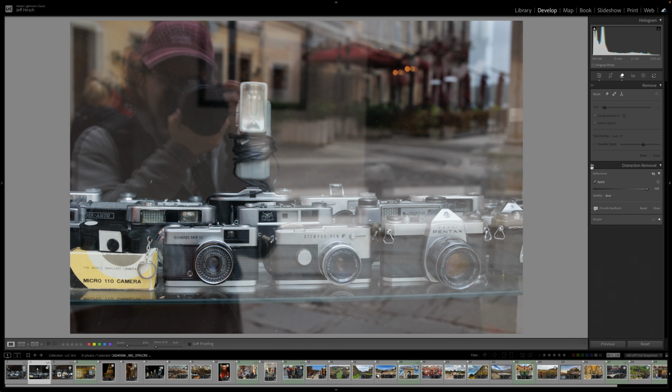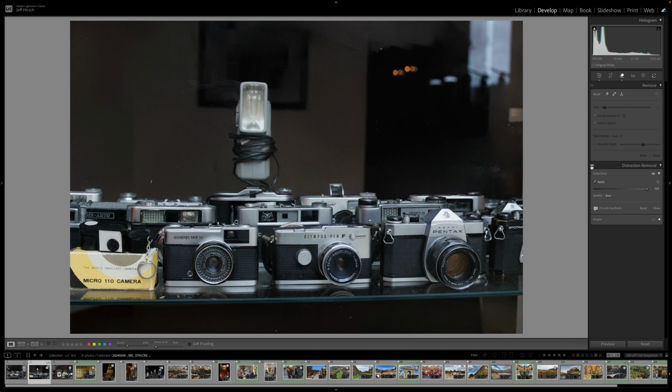Here's the before on this shot. The photographer and the scene behind him can clearly be seen in the reflection, and after applying the reflections distraction removal, we're left with this photograph where the photographer and all the rest of the reflections have pretty much been entirely removed. Once again, if I take the slider that's at 100 and dial it all the way back to -100,